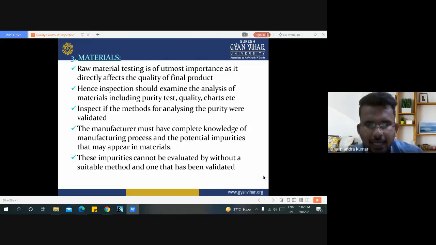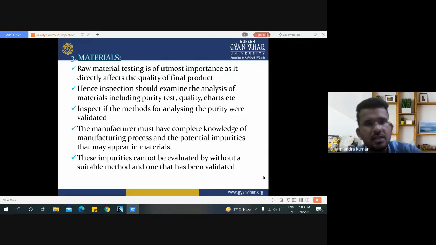Overall, it is saying that we have to check first the quality of raw material, because the overall quality of the finished good depends only on the quality of raw material. And if we are checking the quality of raw material, then we must examine the overall processes and testing parameters which we are using to test the quality, or the characteristics, of raw material.